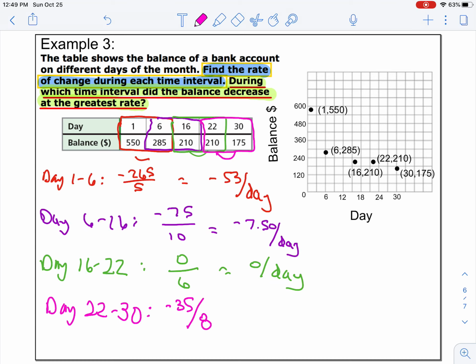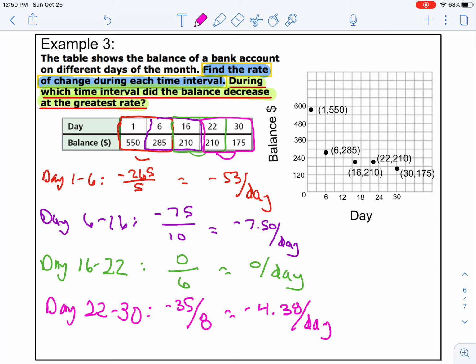Okay, so decrease $35 over 8 days. So that is an average of subtracting 4.4. Actually, we don't need to round that much. It's 4.375, so $4.38 per day. Okay, now this is actually a discrete function because you can only have one amount of money,